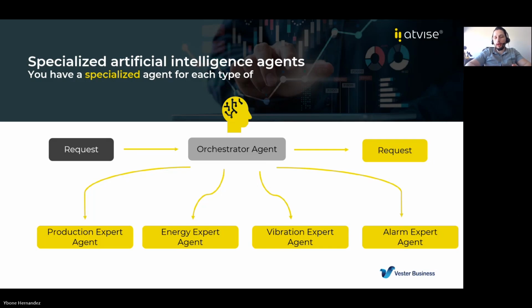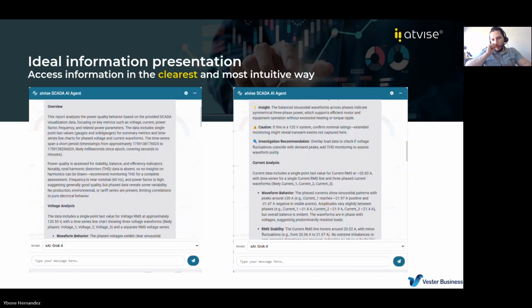What we've seen is that the best way is to have multiple agents and to have an agent swarm, where those agents are being orchestrated by a main agent, and the main agent is going to answer that request. So that's part of the architecture that we have. Obviously, we are not going to show the whole architecture, but this is the overall idea. So when you are talking with the chat, you're not talking with one agent, you are talking with a team of agents ready to answer the question. So you can continue, Ivone. So this is how it looks.